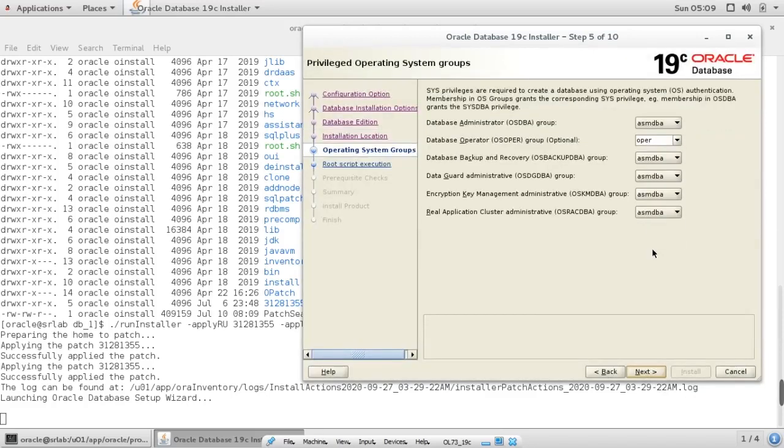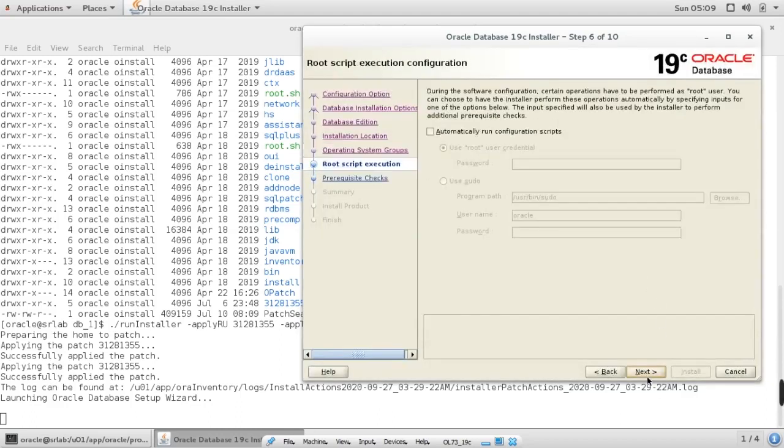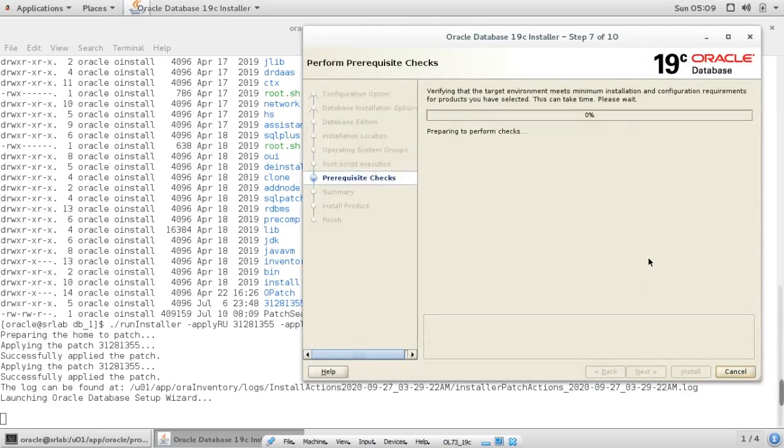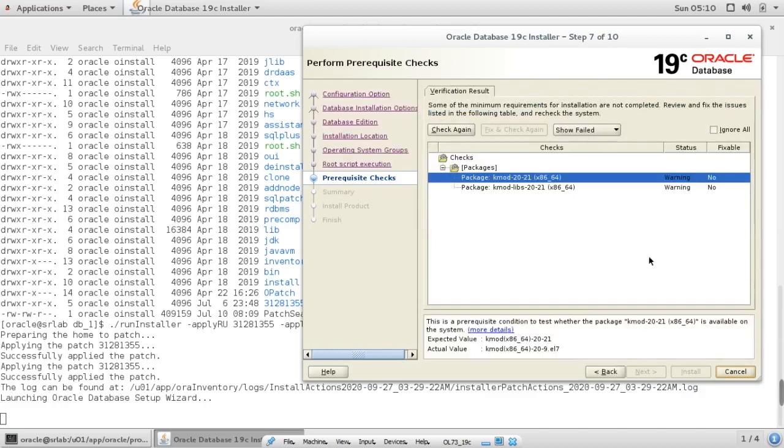So we install. Next, it is performing the prerequisite checks.